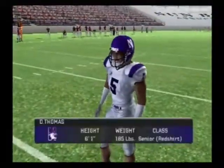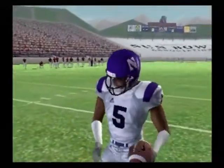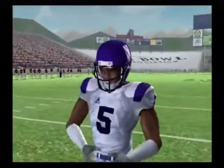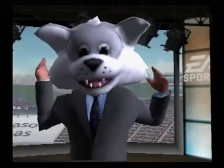Northwestern should win big, and chances are, because of their passing game, they're going to be able to make some big plays downfield. We're looking at one of the best receivers in the nation, and that's why this team is so tough to beat. I'm just not going to agree, Kirk. I'll guarantee it. I'm taking...